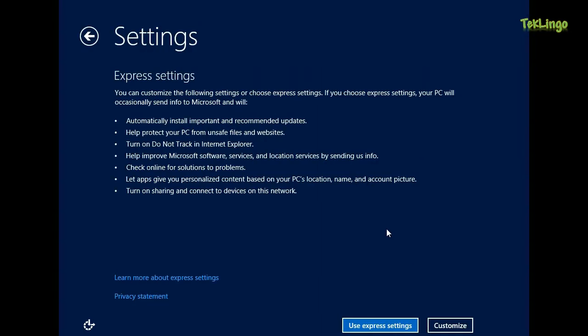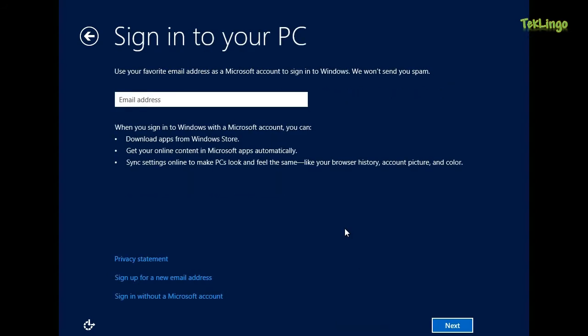And here you need to specify the settings for your Windows. So either you can customize the settings or you can simply use Express settings. In my case, I'm going to use Express settings. I'll type in my email address to sign into my PC. I'll click next